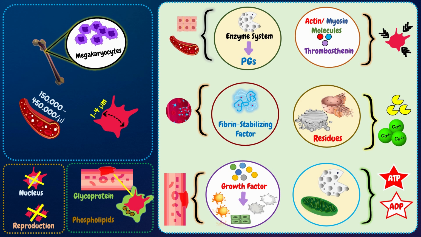It has a half-life in the blood of only 8 to 12 days. So over several weeks, its functional processes run out. It is then eliminated from the circulation, mainly by the tissue macrophage system. More than half of the platelets are removed by macrophages in the spleen, where the blood passes through a latticework of tight trabeculae. Now, moving towards mechanism of platelet plug formation.